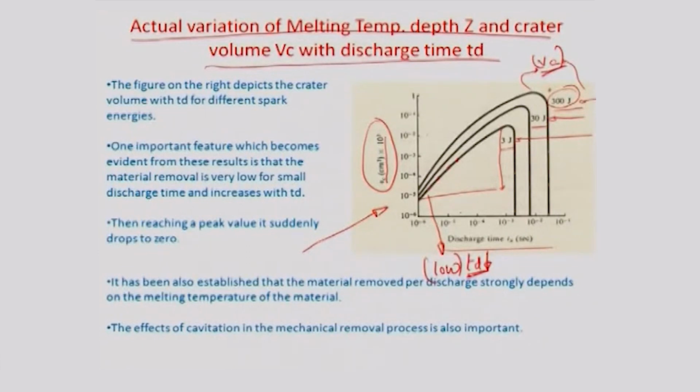Then it suddenly peaks up, so it reaches a peak value and finally it drops down to 0, as you can see here from these 3 places indicated by the spark. So, this area is really a sudden drop in the Vc, which is for obvious reasons, that once the material is formulated as a liquid pool, there is a tendency of washing away of the flux, and there is a sudden